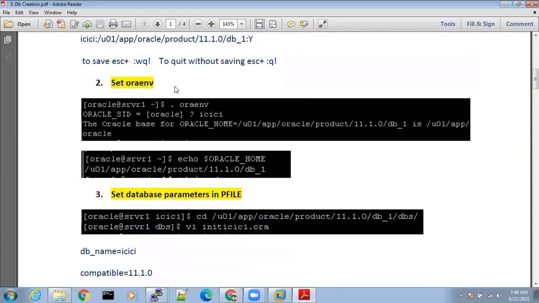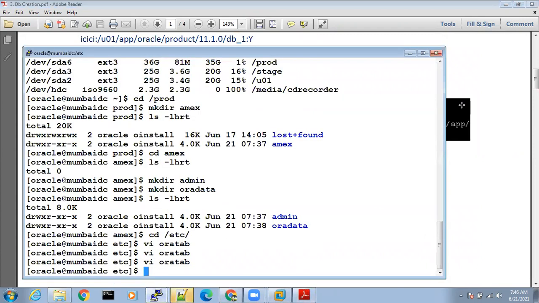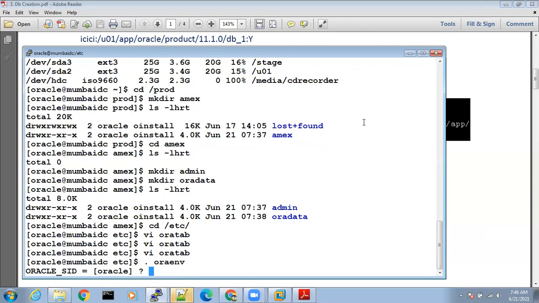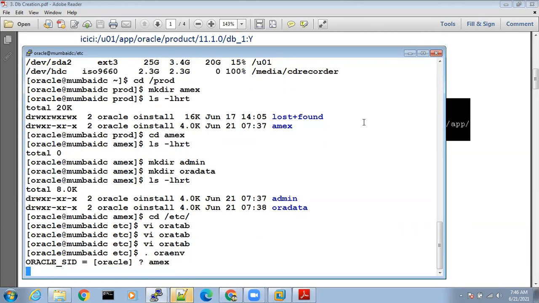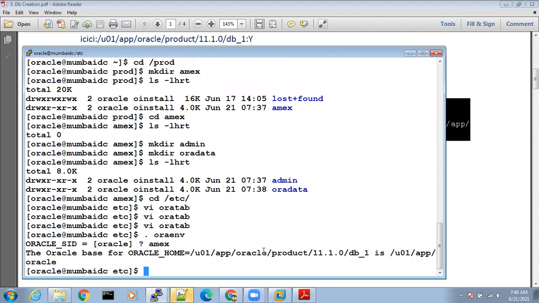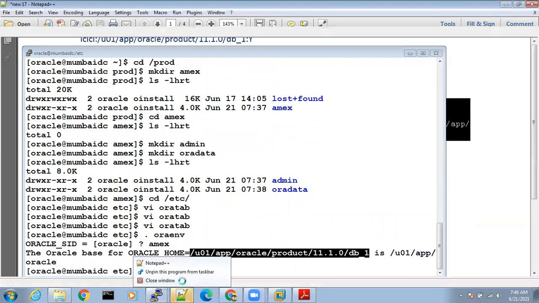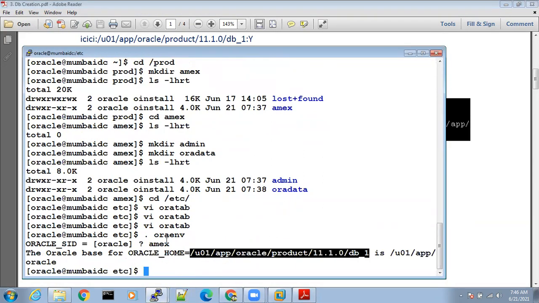Now set the environment. How to set the environment? It's very simple. You just need to type dot space oraenv. Enter, and give your database name that you have registered, MX. See, it will automatically pick the Oracle home. The Oracle home should always be set automatically.